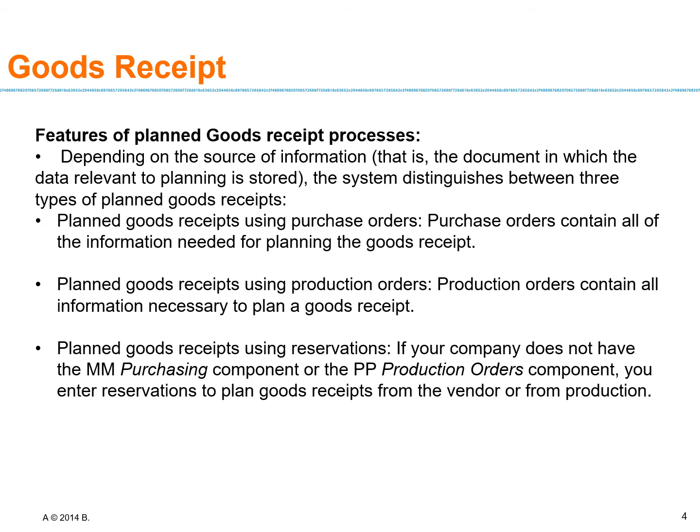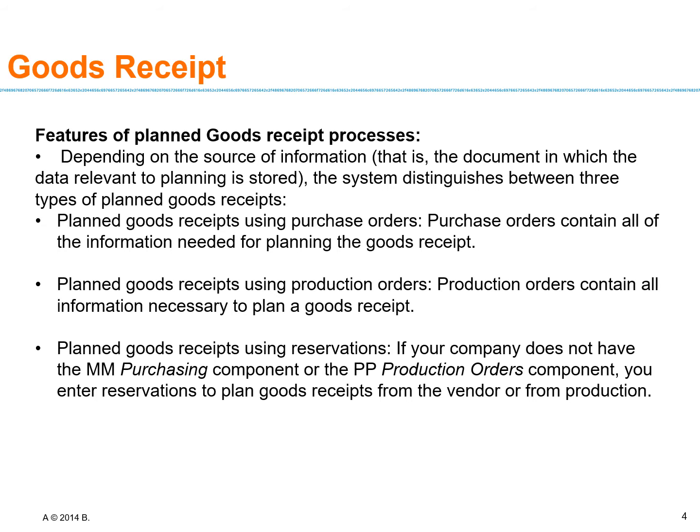So if we talk about the types of planned goods receipt, first is the planned goods receipt using purchase orders, which contain all the information needed for planning the goods receipt, right? So if you are already informed about what kind of material is about to be delivered at your premises, then you are prepared to receive it, right? You might arrange some material handling equipment already, or if any labor is required, you can arrange it before the material arrives. You can create the space also if it's required, if the material is large or bulky.